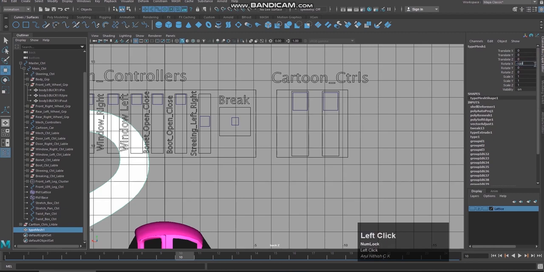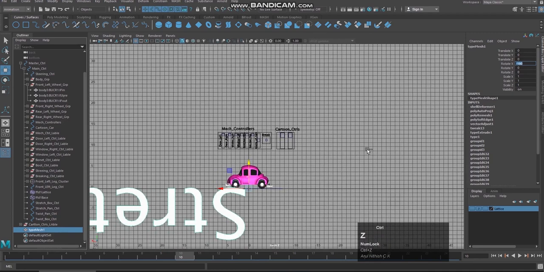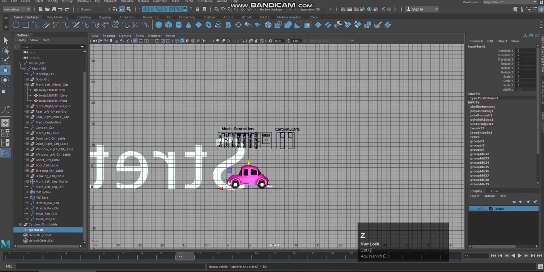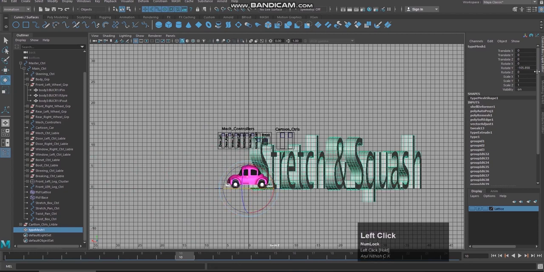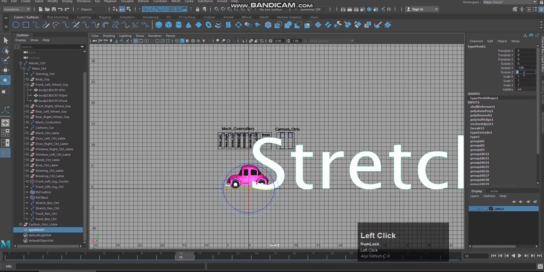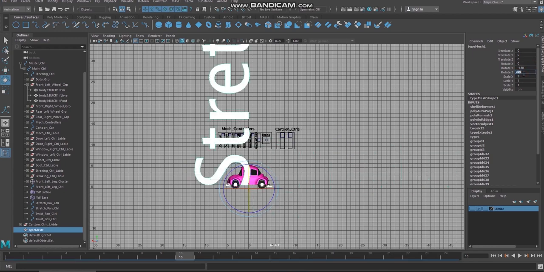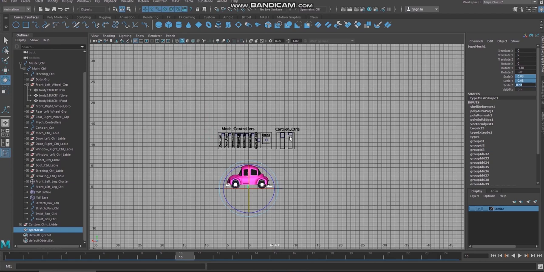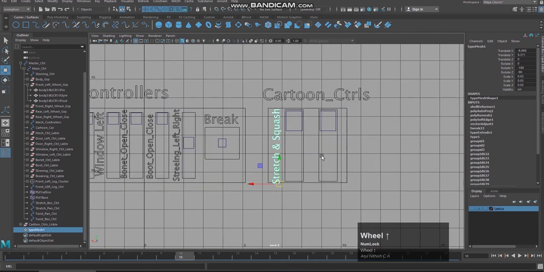Change the rotation axis of this. Okay, sorry, it is going somewhere else. I'm sorry. And rotate Z 90, minus 90. Yes, I'm going to change the size to 0.03. I'm going to bring it here, stretch and squash, reduce it a little more, a little bit smaller, bringing it to the top. Yes, now I'm going to modify